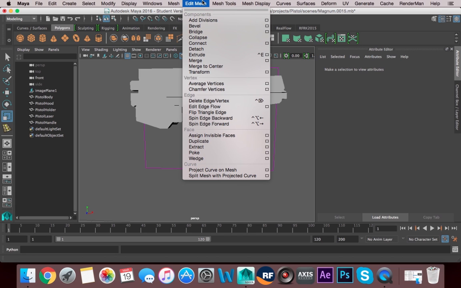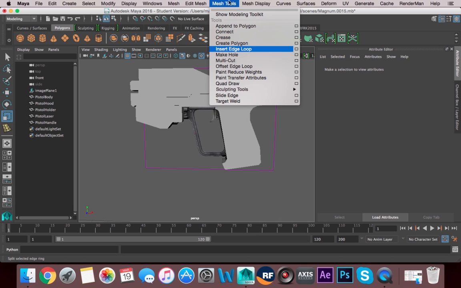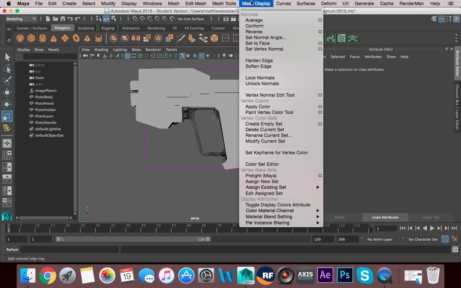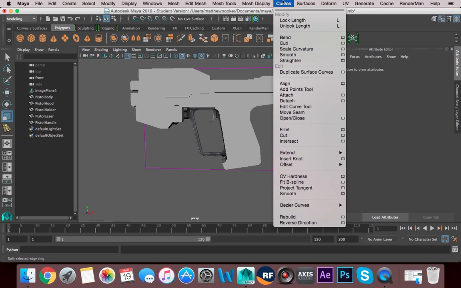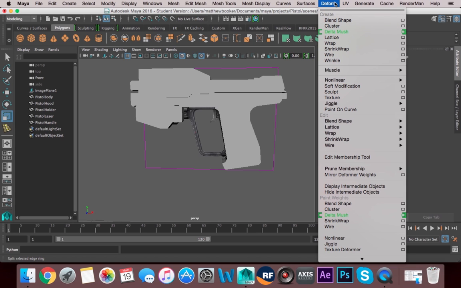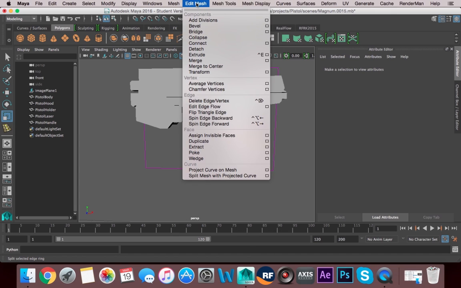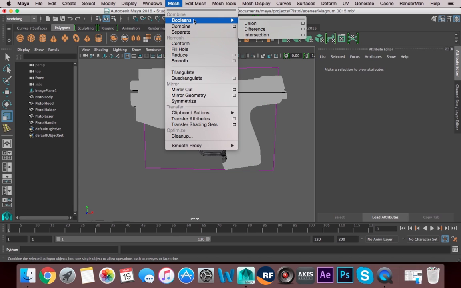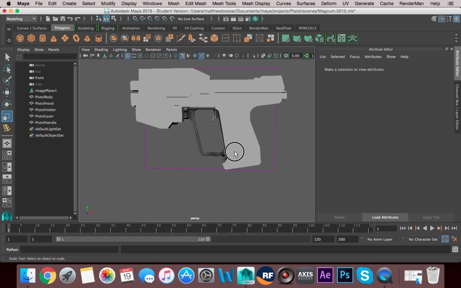I believe it is. See if I can find it. I haven't done this in a very long time, so it might be a while. It's somewhere on here. It's where we use booleans to basically take a huge chunk out of the mesh. There it is. Okay, and I'll show you once I've basically created the mesh of what we want to do with this